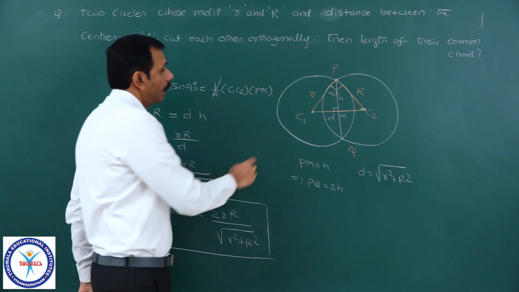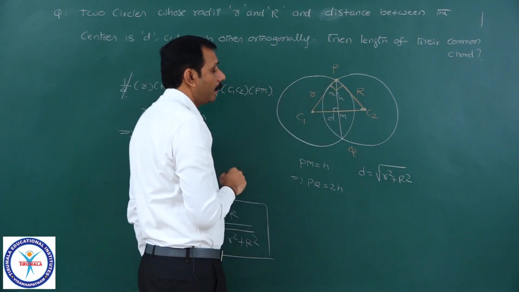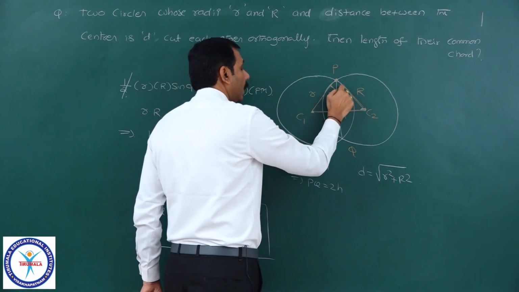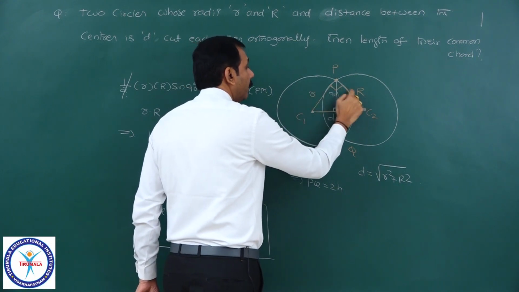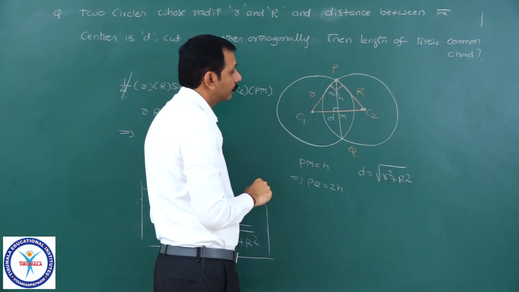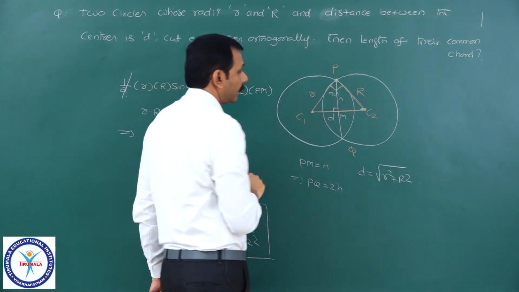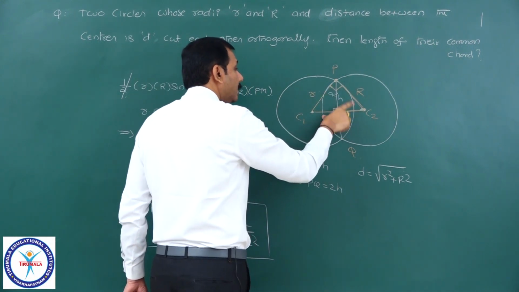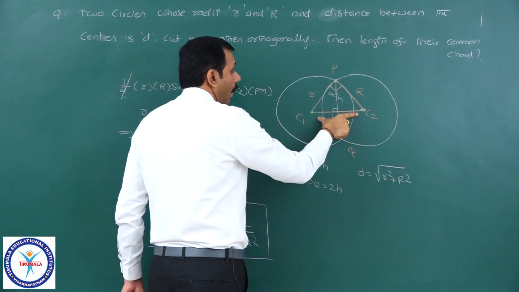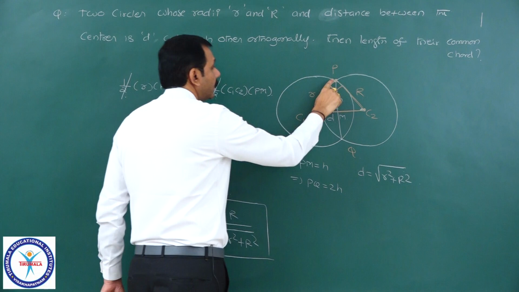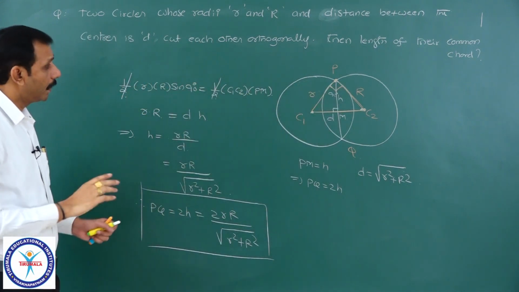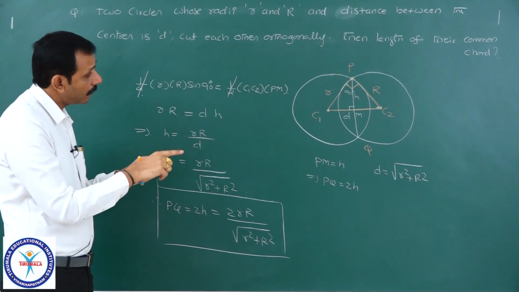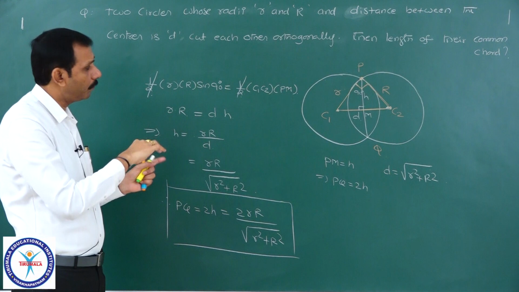Observe what I have taken. This triangle only I have taken. I know area of the triangle. If I take these two as the sides and included angle equal to 90 degrees means half AB sin C formula. And of course, area of this triangle can also be taken as I know base and height because it is perpendicular. Half into base C1 C2 into height means PM I have taken. Area only first I have taken by taking two sides and included angle, and next I have taken base and height of the triangle. Both should be same.